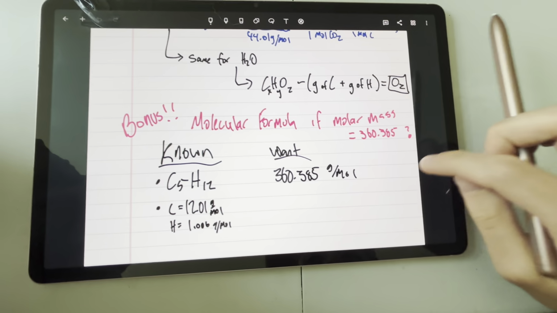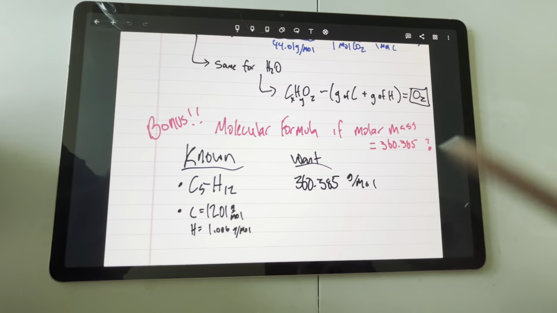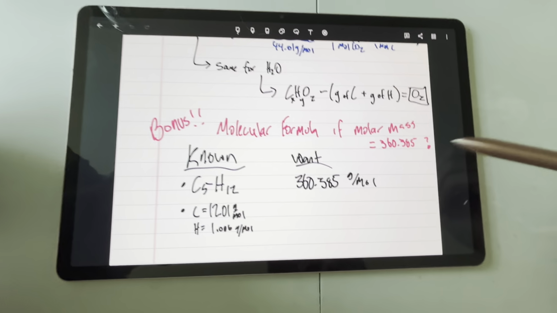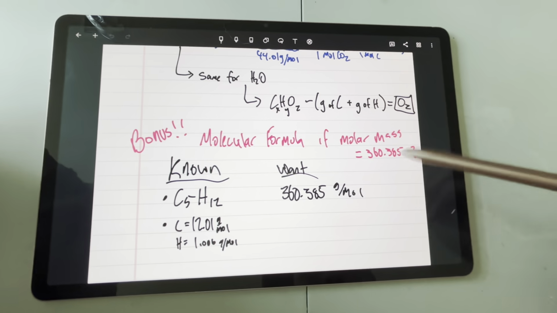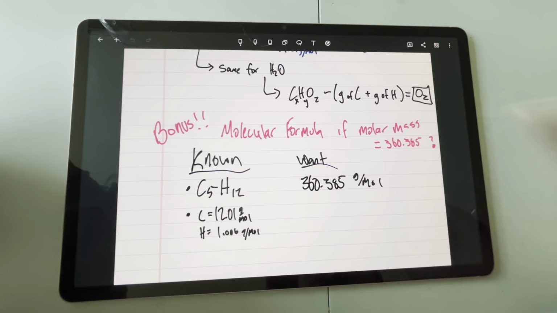Now here comes a little bit. I said bonus, and I was trying to make this all happy. That's just so that y'all have a fun time. Y'all are going to need to know this for the test, or you're going to get points off. Okay, this is important. All right, molecular formula: if molar mass is equal to